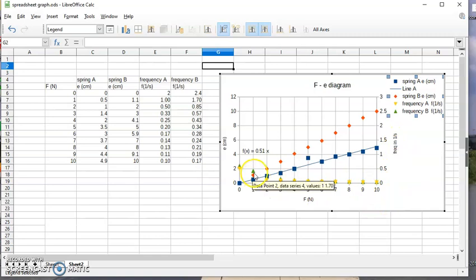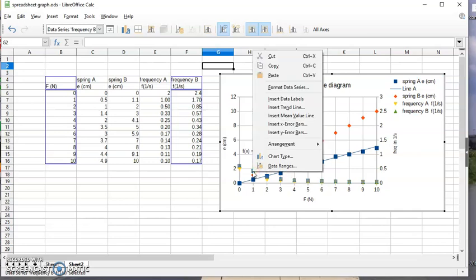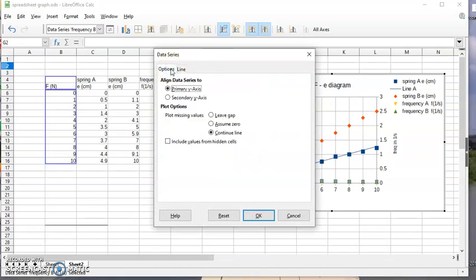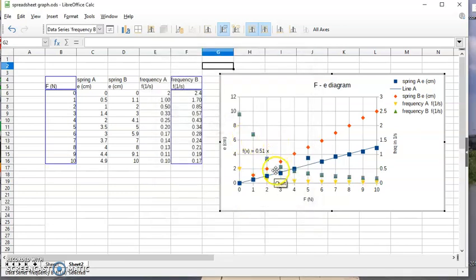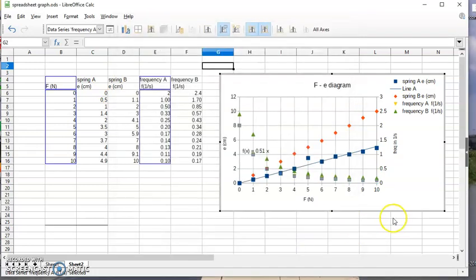Now I have not connected these data ranges, the green ones, to that vertical axis. So what I do is format data series, and I connect it to the secondary y-axis. And now it makes more sense. For the other one I do the same. Format data series, I connect it to the secondary axis. Okay. And then